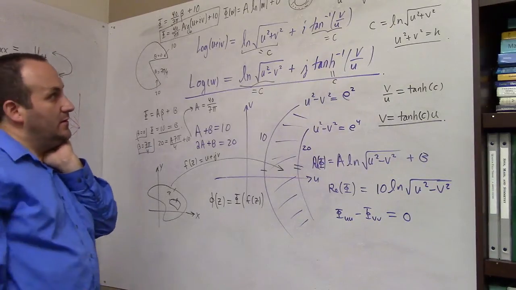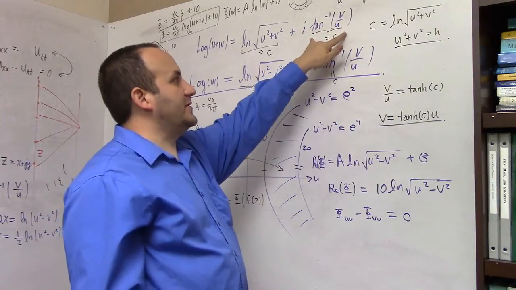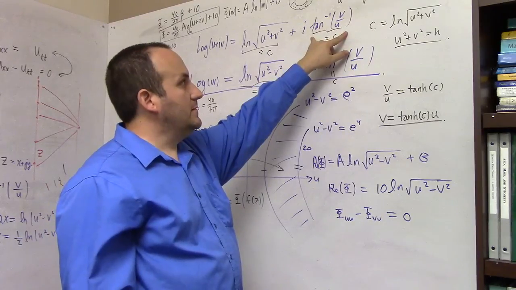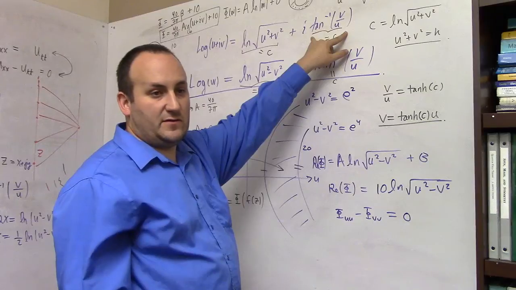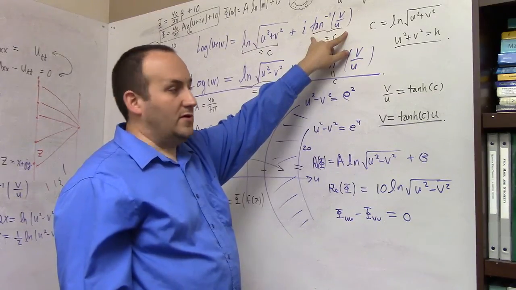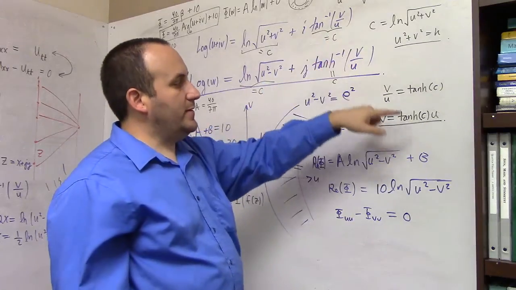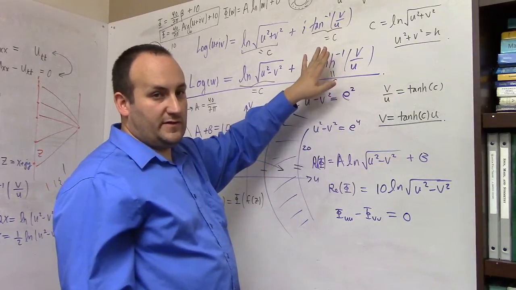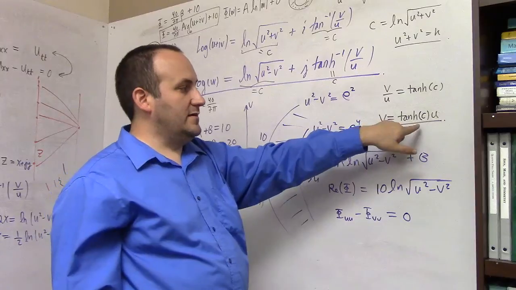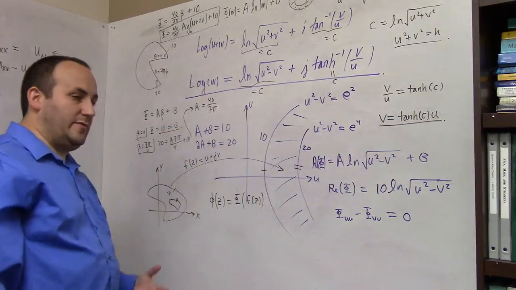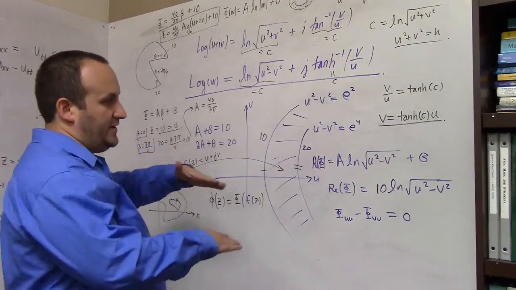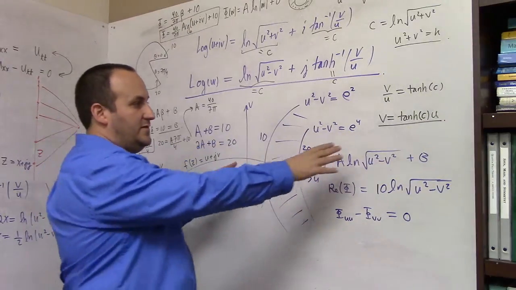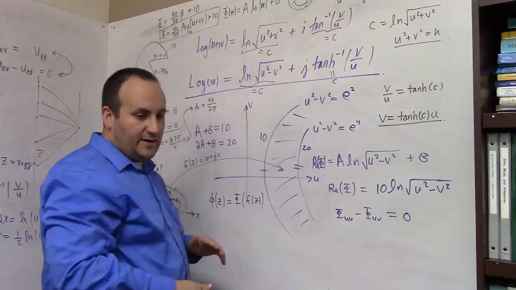Now, here's the difference. Tangent, right? If you look at the level curves of this function, they are lines through the origin, and the tangent of c can take any value. The range of tangent goes from minus infinity to infinity. All slopes are possible. Hyperbolic tangent, in contrast, has level curves that are also lines through the origin, but remember, last time I showed you, hyperbolic tangent is stuck between minus 1 and 1, not inclusive. So these level curves are stuck between these,